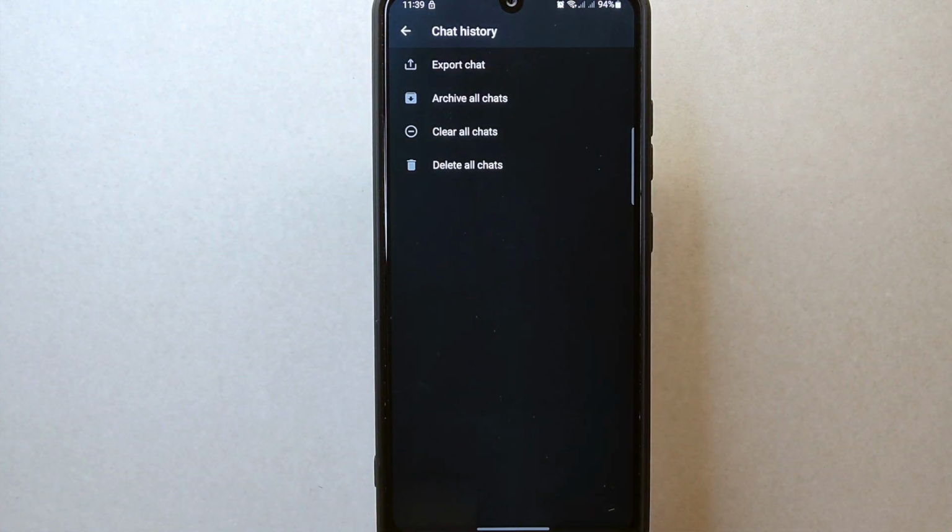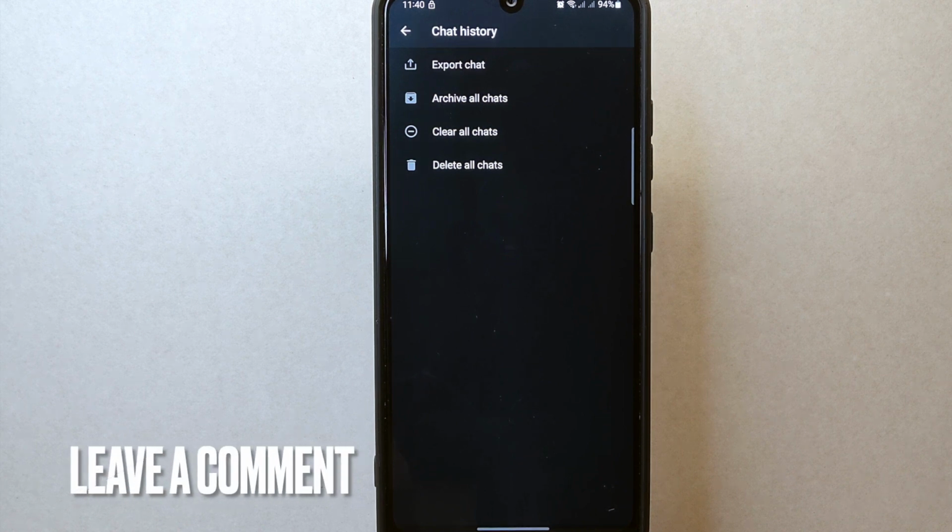The chat will be sent as a text file or media package depending on whether you included media in the export. There you go. If you wanted to know how to export chats on WhatsApp, that is the easiest way I know how. If you know another way to export chats on WhatsApp,